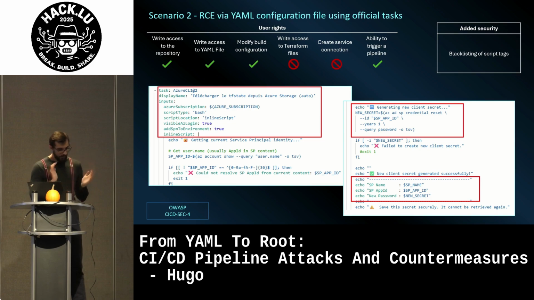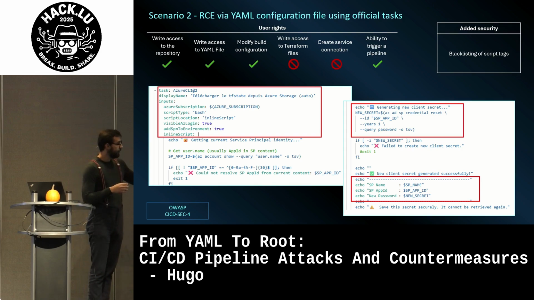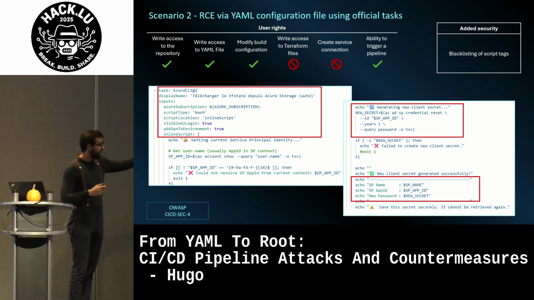We can still do things. What we can do is use official tasks that are provided by the platform. So you will have Azure CLI, for instance. You have the same on GitHub. It's something provided by Microsoft. You will have it on GitHub, on GitLab, on Azure DevOps, etc. And this task will allow you to run code using the Azure CLI command and using the rights of the